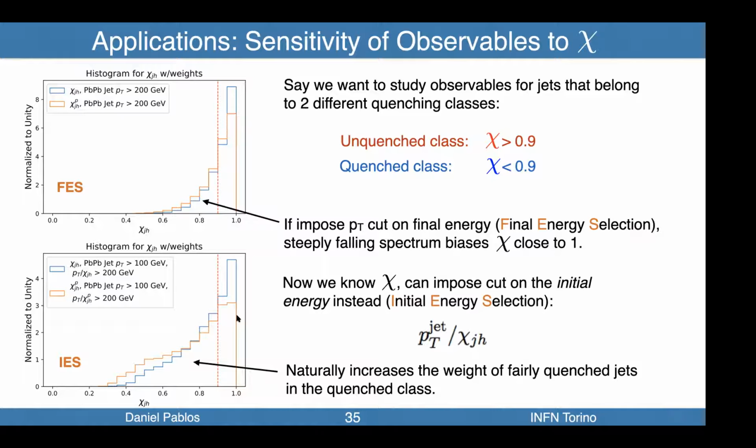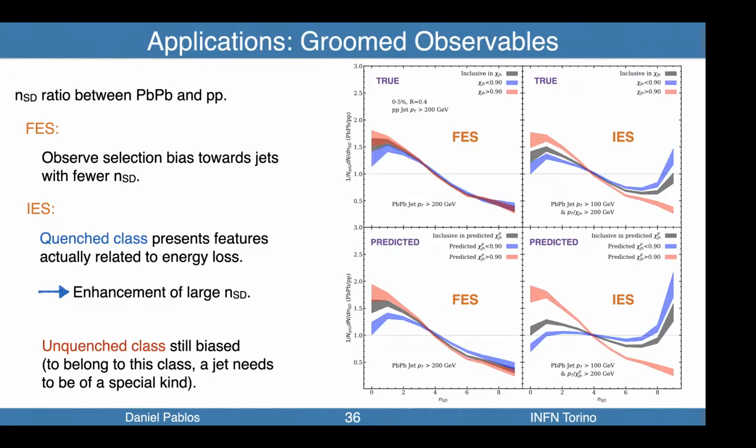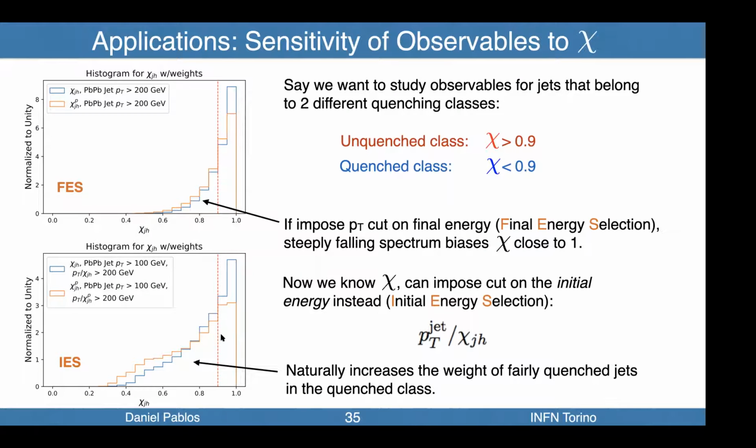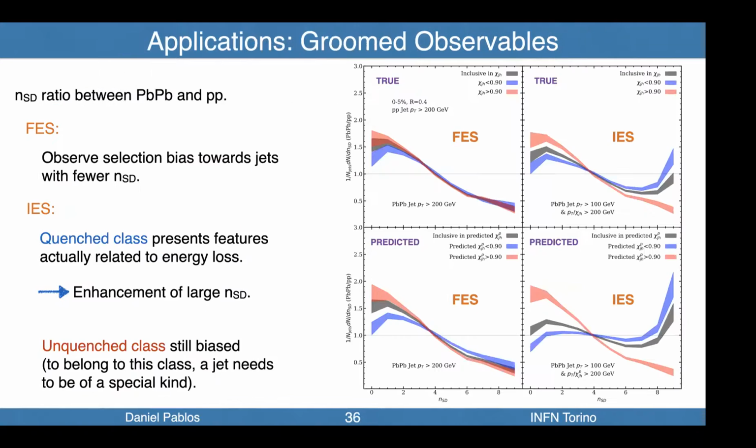It only selects jets based on the initial, or would-be vacuum, energy. So in this way, if you perform cuts on the energy loss ratio, the average of this selection here will represent much more quenched jets than the other one. So we distinguish these two: final energy selection, which is what we usually do in experiments and in models, or the initial energy selection, that you could do either by looking under the hood of the model, trying to do a boson jet, or trying to extract it with machine learning or some kind of specific fit.